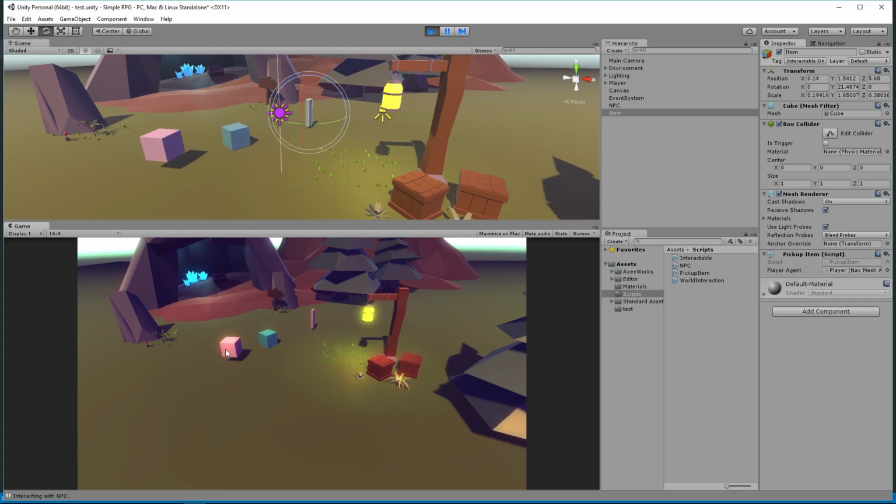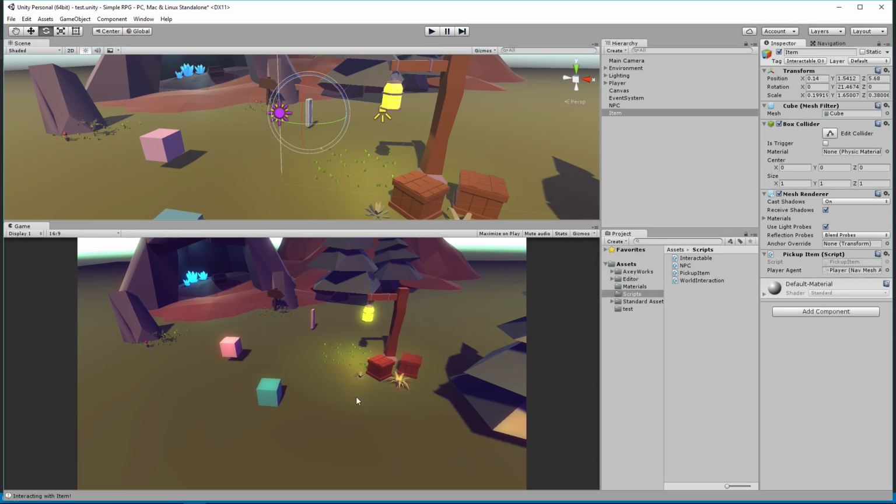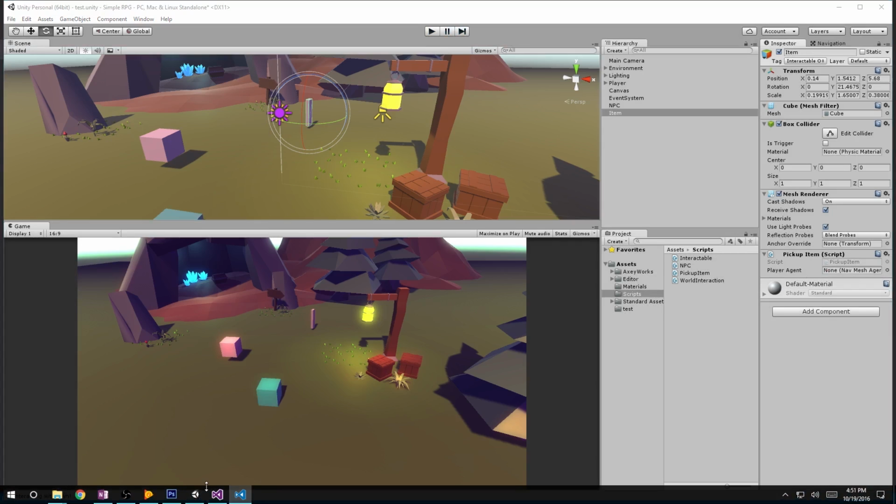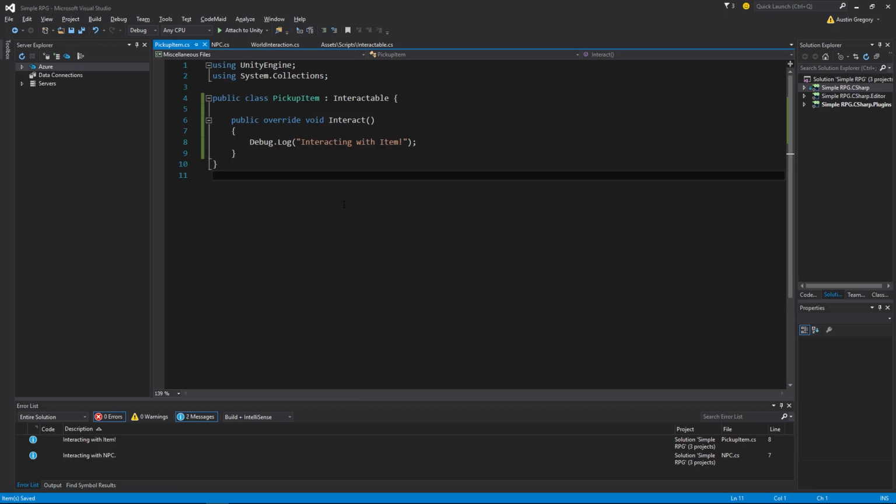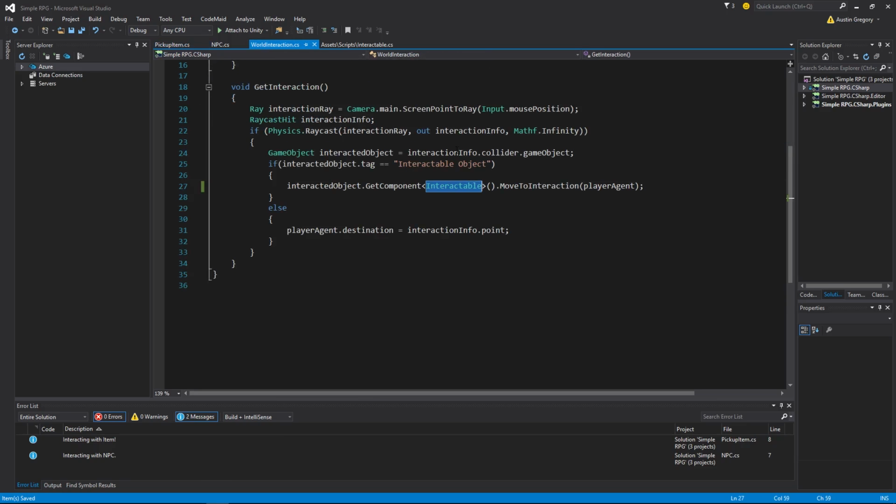Item, NPC. Cool stuff. You'll notice though, if I'm in a game and I click on an NPC, I want him to stop before he gets inside the NPC. Right? Same goes for the item. So the way we can handle that is if we're interacting with an item, we can change the stopping distance. If we're not interacting with, say, the ground, we want to walk to wherever we click. We don't want to stop before we get to where we clicked. But if we're interacting with an object in that way, then we can stop a bit before we get to